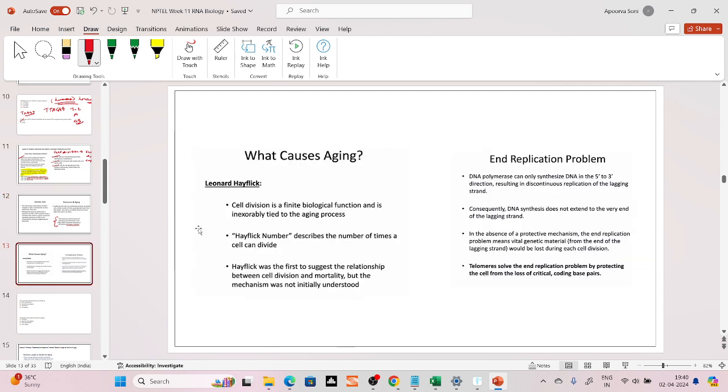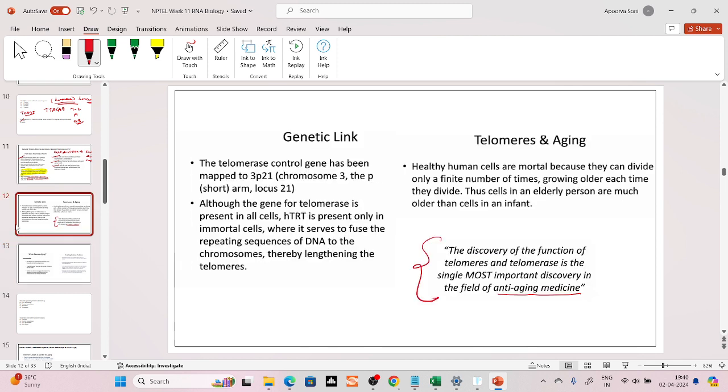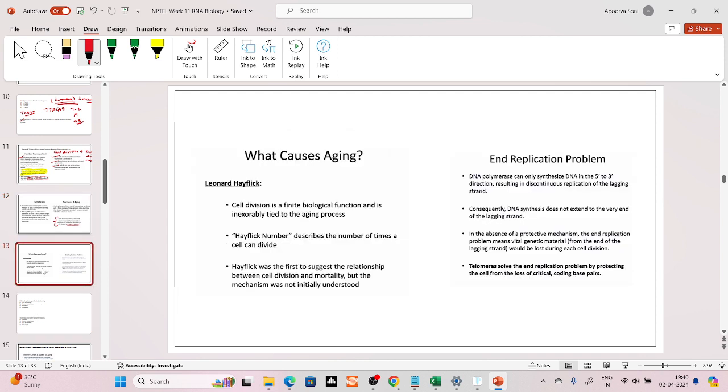Okay, now we understood how telomeres and telomerase are related to aging and senescence. Now comes the question of what causes aging. We say that aging happens, so what causes this? Because cell division is a finite biological function and is inexorably tied to the aging process. That means cells are